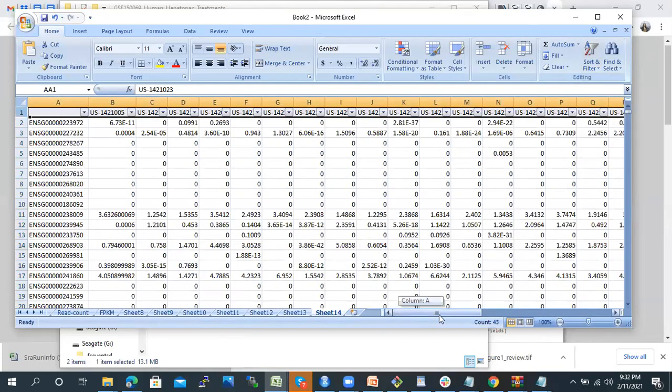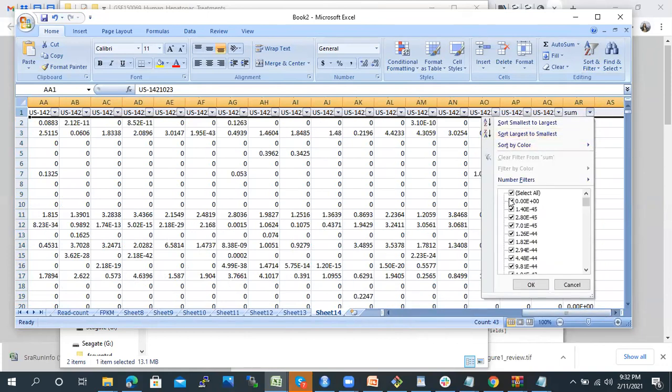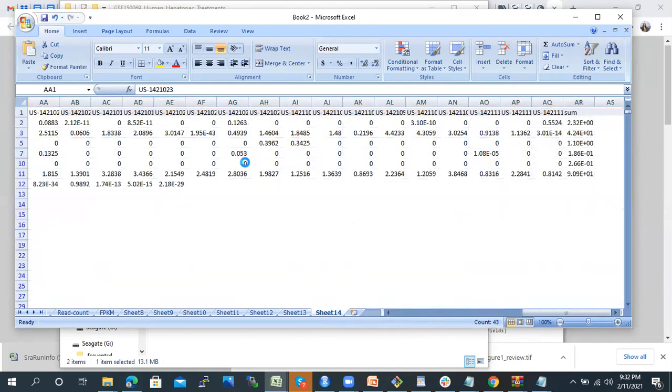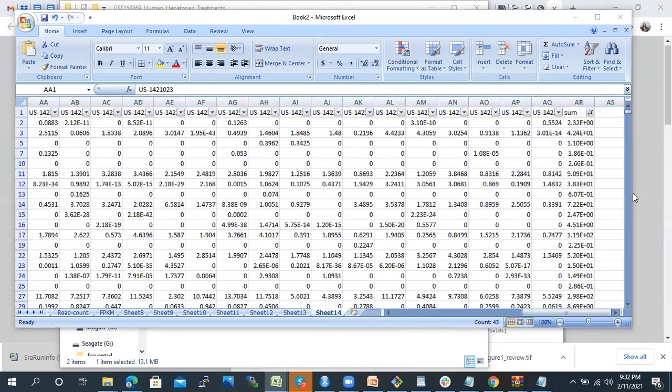After applying the filter, we can filter out completely all the samples which contain 0 values. It will take a bit of time because it is filtering out those values.